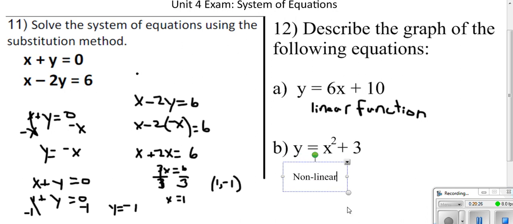It's non-linear because of the exponent. You cannot have a linear function with an exponent on the variable. All right, so it's non-linear, and it's also U-shaped. And it's a parabola. All right, so it's U-shaped, it's non-linear, it's going to be in the shape of a U because of that